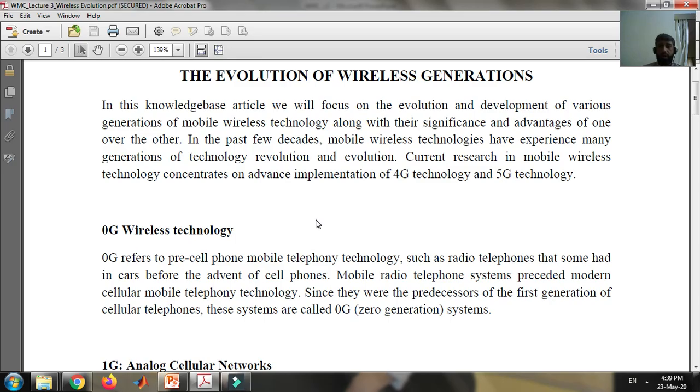The wireless generations evolved over the past few decades. The first generation, you can call it a 0G wireless technology. In 0G, there were radio telephones, but they used to connect to only one base station. There was no cellular concept, and no concept of mobility or